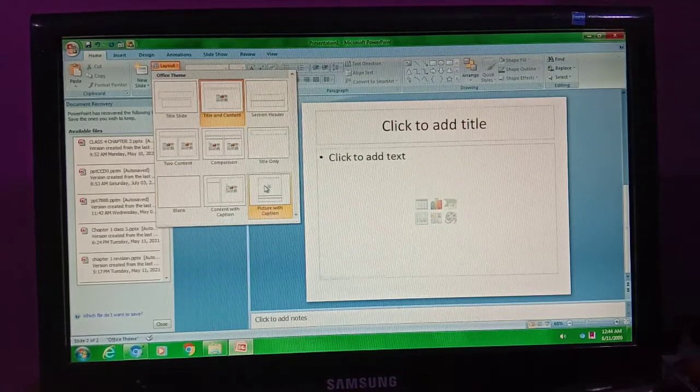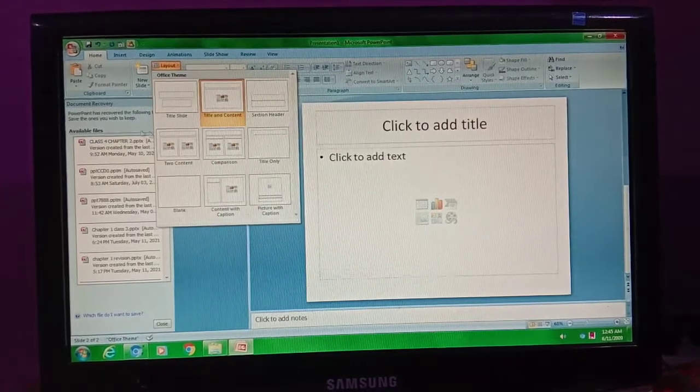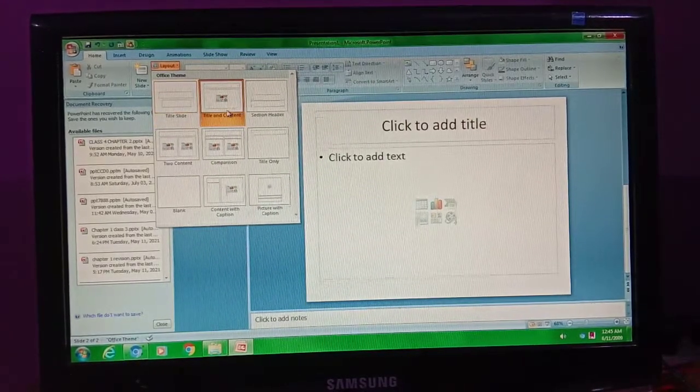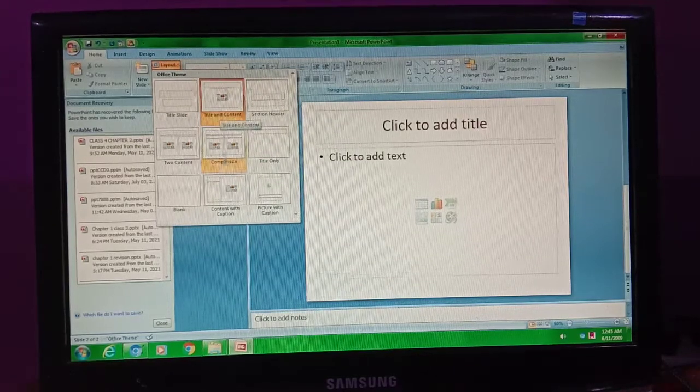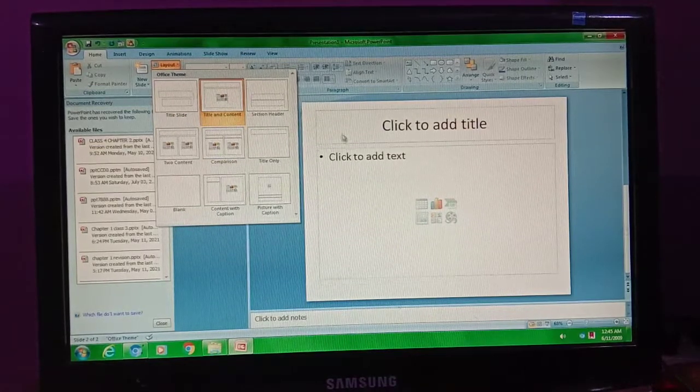By default the first slide comes with the title slide layout, and the second slide onward comes with the title and content layout. But you can change the layout according to your need from the layout option. I hope it is clear to everyone.